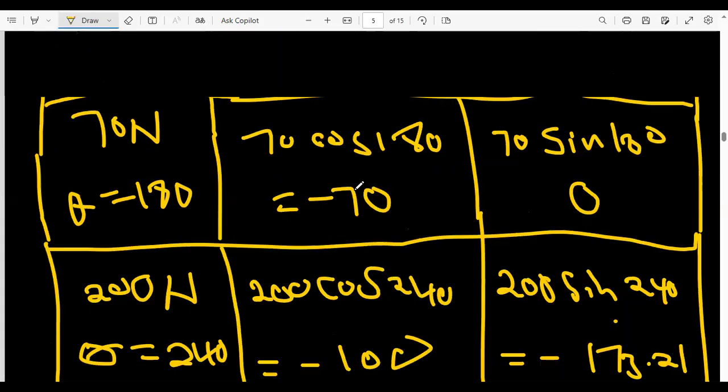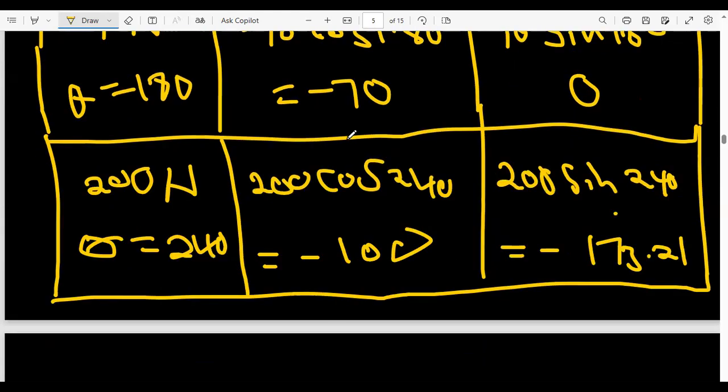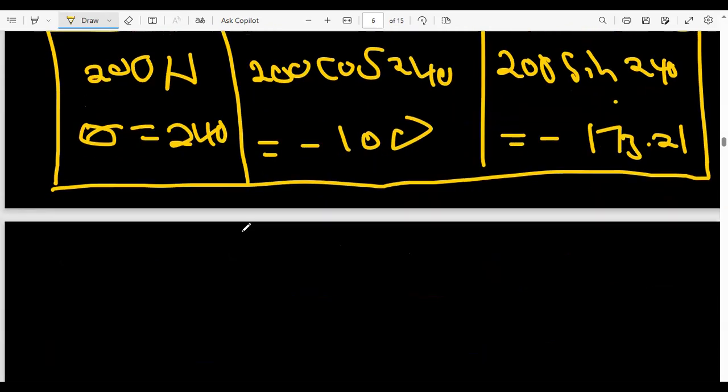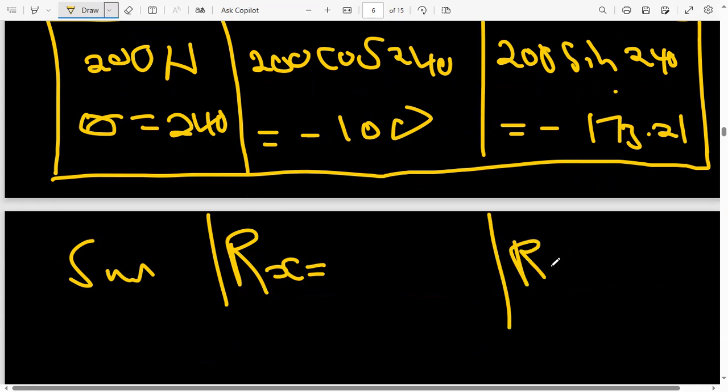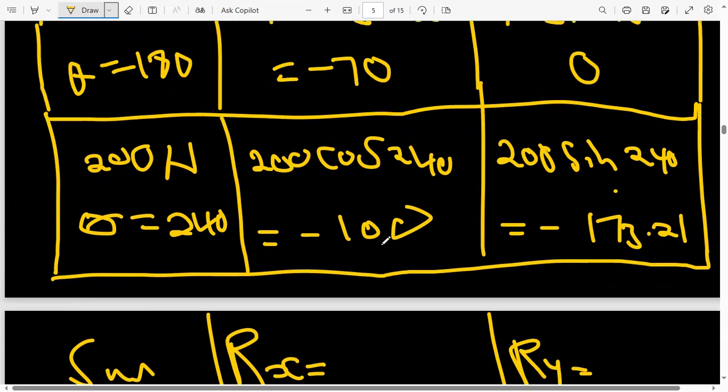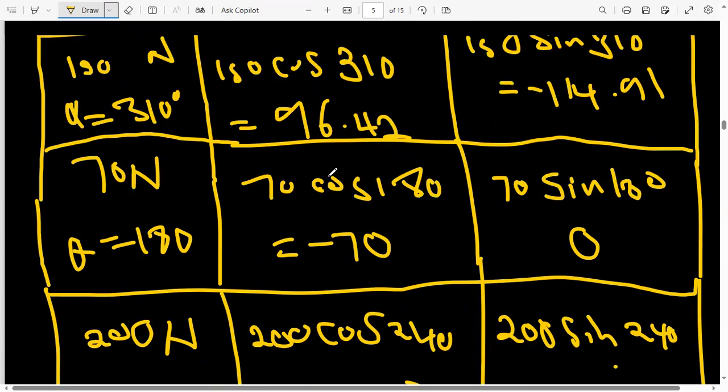Okay, so as I was saying, we are adding all the components in the X and also all the components in the Y. So we are going to say sum here. When we add them, we are going to find the X component, their summation, and on the other side, we are going to find the Y component, their summation. So let's add. So minus 100, minus 100, minus 70, and then plus